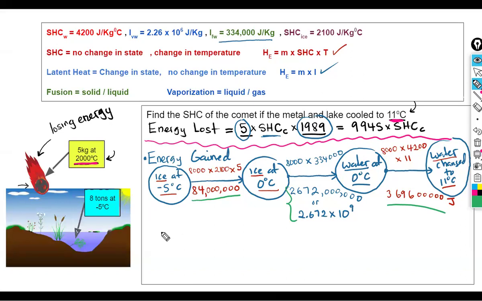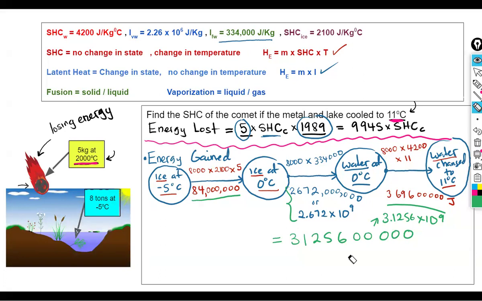I'm getting this. 3, 1, 2, 5, 6 with 5 zeros. 1, 2, 3, 4, 5. Or some of you will have it like this. I'm going to put it on top here. 3.1256 multiplied by 10 to the power 9. Both are the same exact thing. Right? So that's the energy gained